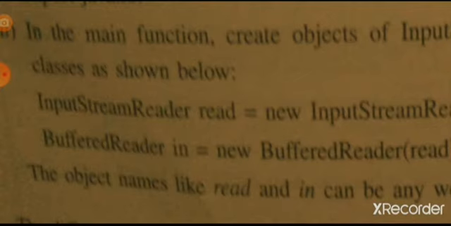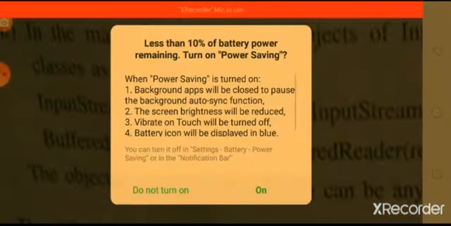That means you cannot use it in another class or variable name. It should follow the variable naming rule; the identifier naming rule should be followed.